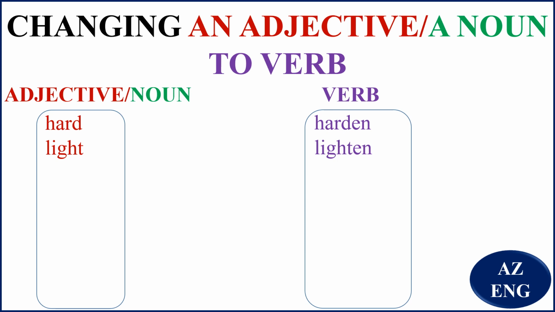Even if someone is working for you and you see they're tired and you want to reduce the amount of work they do, to make things simpler for them, you say, okay, sorry, I am going to lighten your work. So it can be of color. That is, you want to increase the brightness, you lighten. You want to decrease the work. If you take light as not heavy, if you want to decrease the amount of work you give someone, you lighten the work for them. Simple.